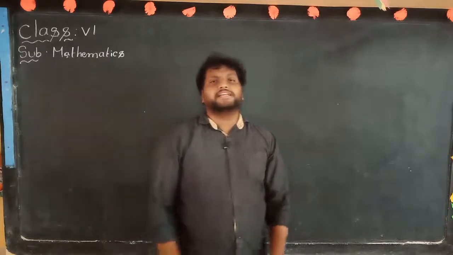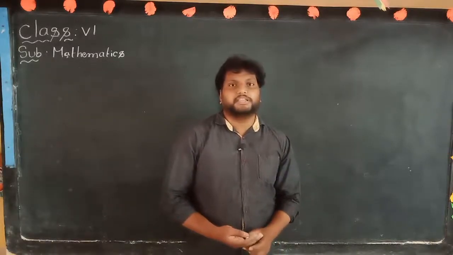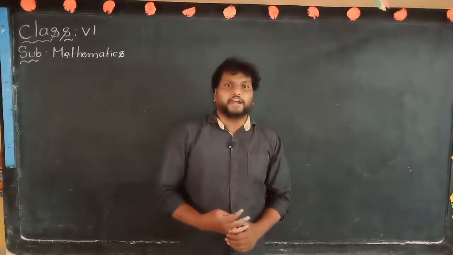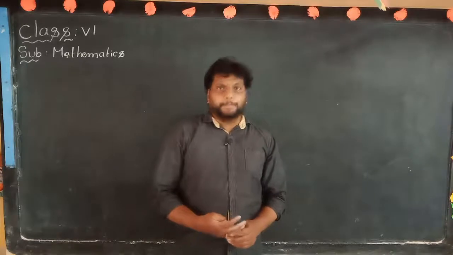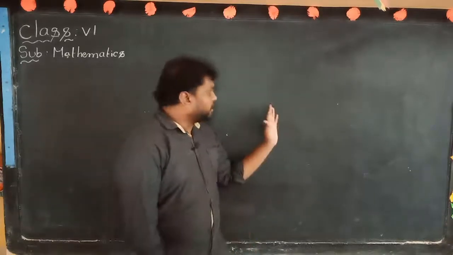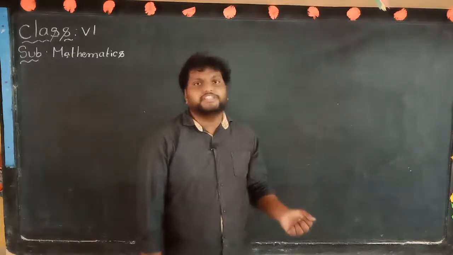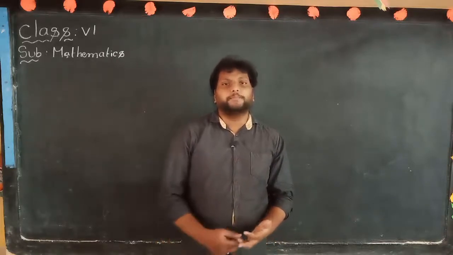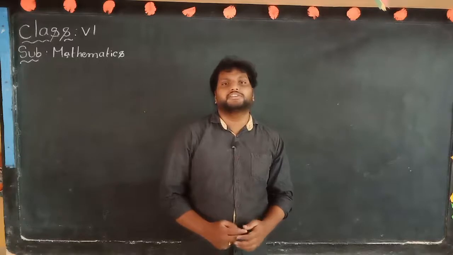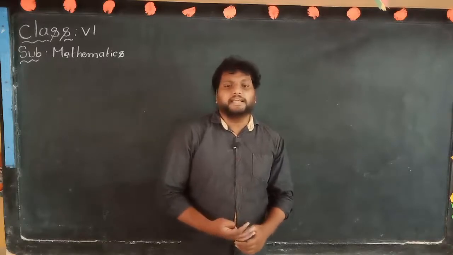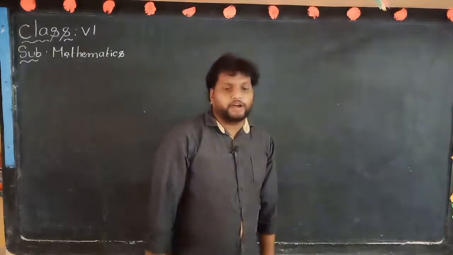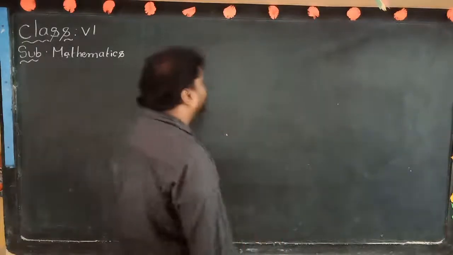Last class we explained LCM by using the prime factorization method. Today we will discuss LCM by using the division method. In this method we follow the same process as prime factorization, but at a time we take each and every number together, and then we just multiply to get the answer. First, the same problem: the LCM of 12 and 18.